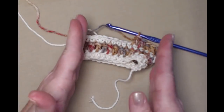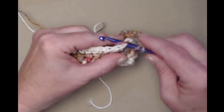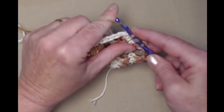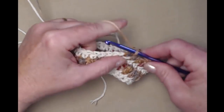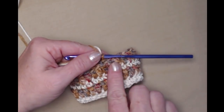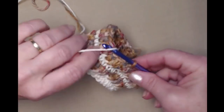And we want this to sort of flare out so that it fits the shape of a coffee cup or a drink cup. All right, so I'm stitching 1 double crochet in each of the single crochets around, and I'll have 28 double crochets. I've completed those 28 double crochets, joined to the top of my chain 3, and now I'm going to bring back in my cream yarn,